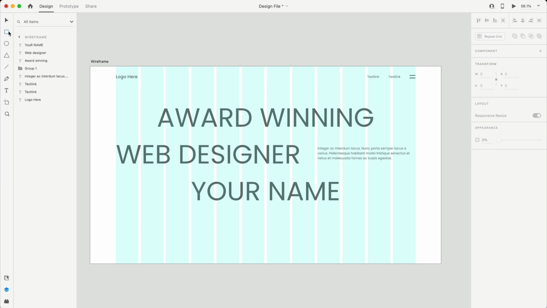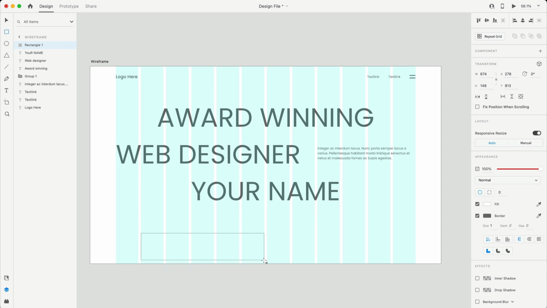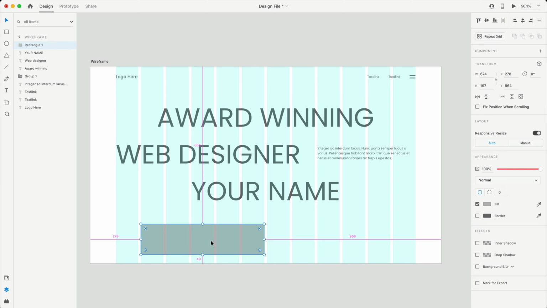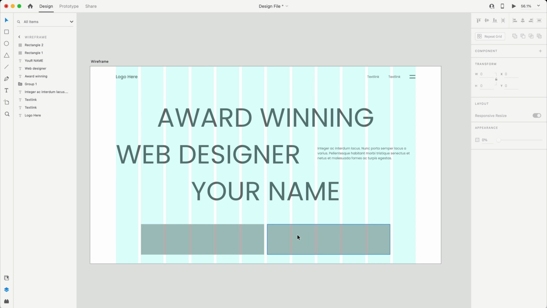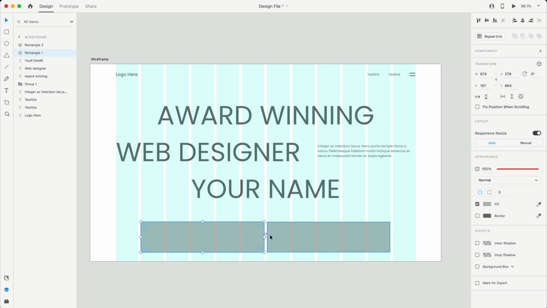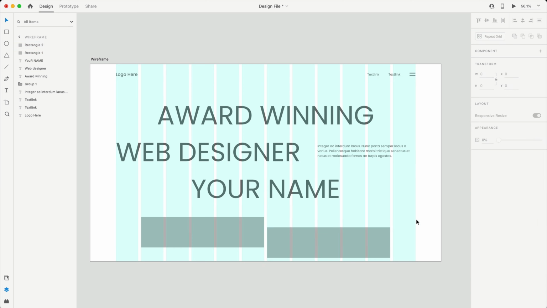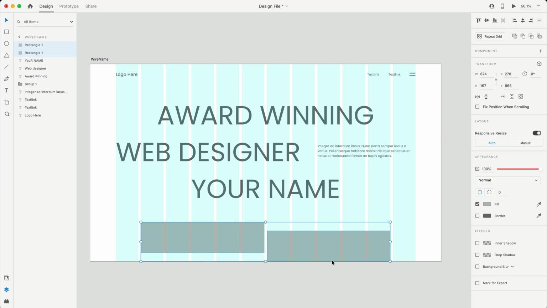So I'm going to grab the rectangle tool. You can also hit R on the keyboard for that. And I'm just going to drag out a rectangle. And this is going to be an image later on. So for now, I'm just going to set this to a gray color. And I'm going to hold Option or Alt and create a duplicate. And so this is 1, 2, 3, 4, 5 columns wide. And we have 2 of them with 16 points in between each other. And then I'm just going to slide them kind of off-centered. Something like that. And then I'm going to drag them down a little bit until they are touching the bottom